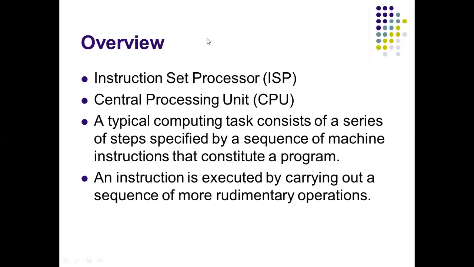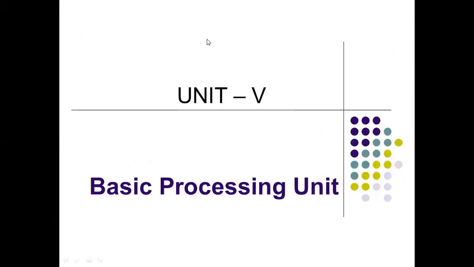So the program is executed line by line. That means the program has instructions, and all the instructions are executed sequentially. Generally, if any call instructions or jump instructions are there, then the instruction sequence will be broken. That is already known. To execute the program, we need a program counter and an instruction register.